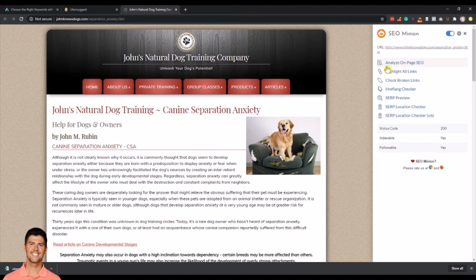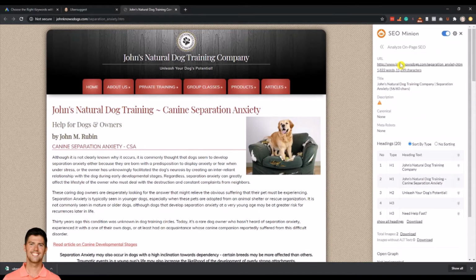So when I click on this, I can say analyze on-page SEO, and in the title, it'll show me, one, you want limited characters, so 60 or less. They're doing a good job there. Separation anxiety's in there, dogs in there. It's not a direct keyword that they're using, unless they're using separation anxiety, but this is just another way of breaking it up, not using separation anxiety for dogs necessarily, but they have the word dog in there. They have separation anxiety. Google will pick up on that. They're not even adding a description. This is another miss on their part. So we can capitalize on that by creating a good description,